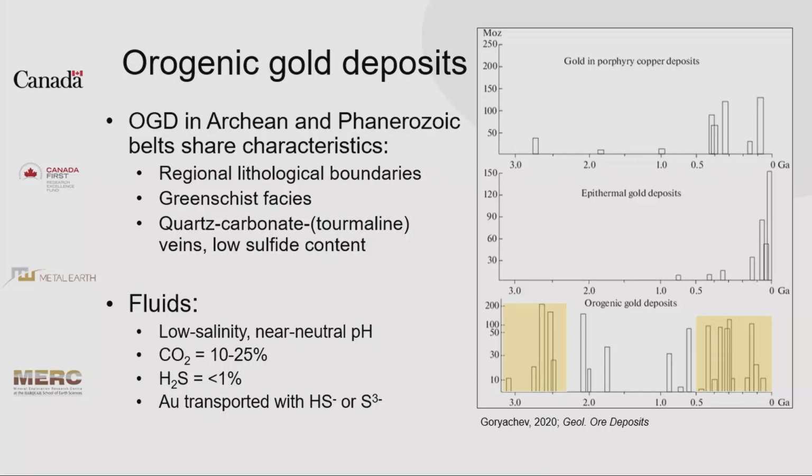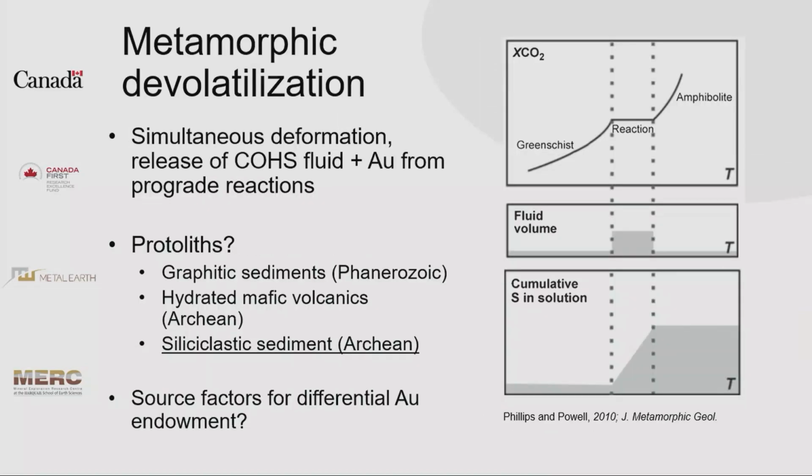And so we think that these were produced by very similar fluids: low salinity fluids, pH 5 to 7, and carbon around 10 to 30%, which is quite high. The sulfur is going to be pretty low in these fluids, and we'll see why. And of course, one of the main important things is that gold is thought to be transported as a reduced sulfur species. So one of the main models for sourcing these fluids is the metamorphic devolatilization model, which